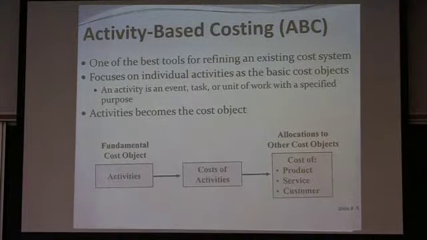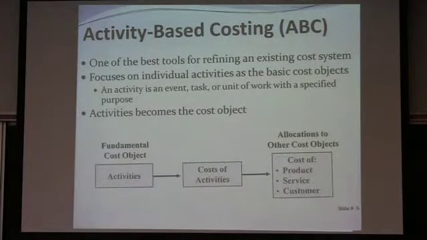You'll see that we used either direct labor hours, machine hours, and we sometimes use percentage of direct labor. And what we do is we allocate it on the basis in which a particular job or a particular product consumes that